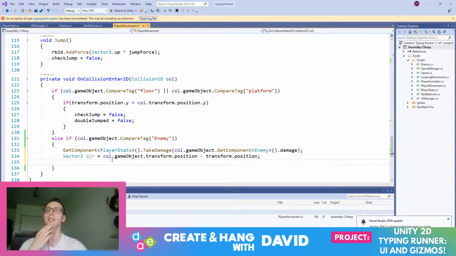Golly. So we have this direction. Now we want to add a force in that same direction. Oh, you know what? And we also want to normalize it. Normalize. And then we want to, yeah, okay. And I think I might have this backwards, but I think I have the idea down. So